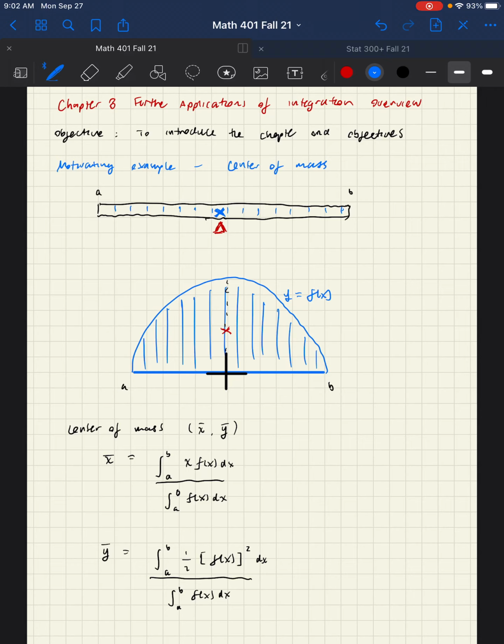In any case, this chapter has 5 sections. We'll cover it in roughly 2 weeks. Just be aware that it is going to require some background knowledge, and I'm happy to provide that background knowledge whenever necessary. We're going to see